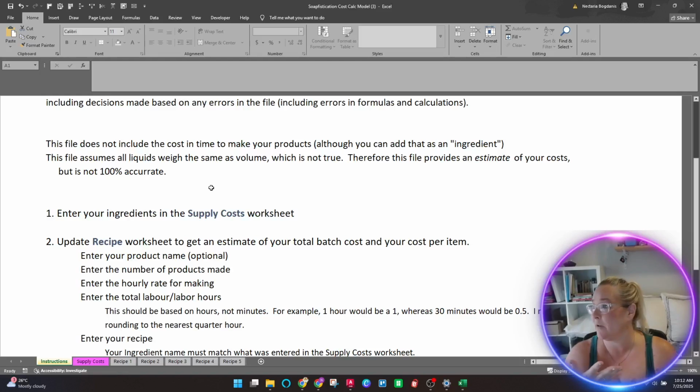For example, if I get 3 liters of polysorbate 80, I'm pretty sure that's 3 liters of volume. I could be wrong. But I'm just assuming a milliliter equals a gram from a weight perspective for the purposes of this, because the amount of research to do to actually figure out the actual weight is just too much, and I don't think worth it at this level.